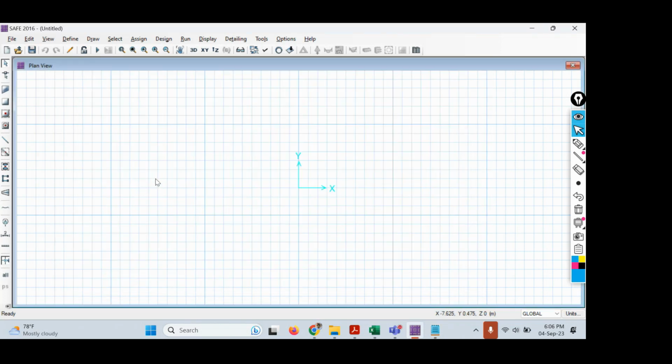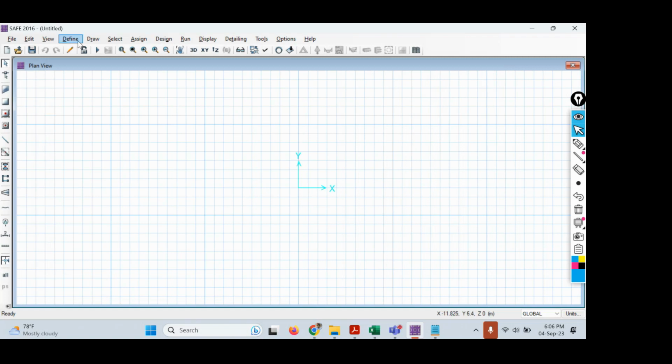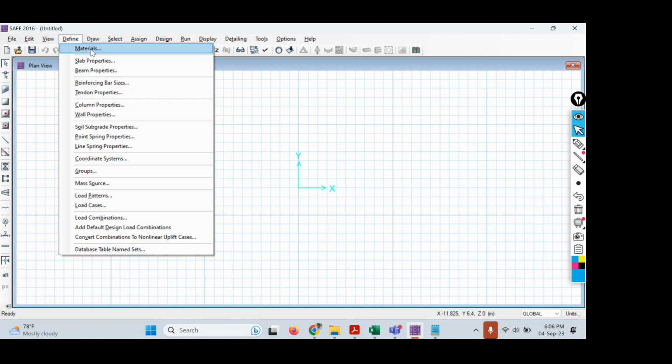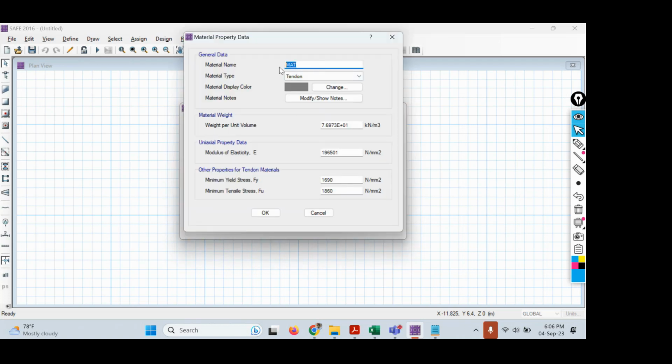So let us define the material properties. So what are the materials that we have? We have two types of materials. One is concrete and the other one is steel. So concrete is basically M20 grade of concrete and steel is basically Fe415 grade of steel. So let us define these two things. So how will we define? So just go to define materials and then here we are going to add our materials. So just click on add new material